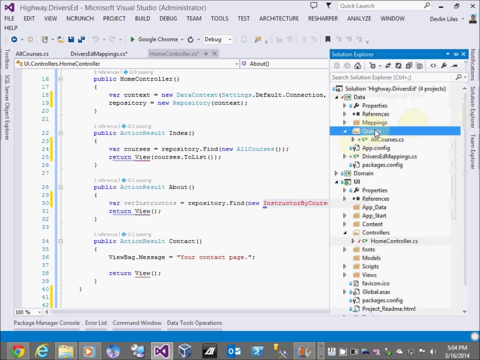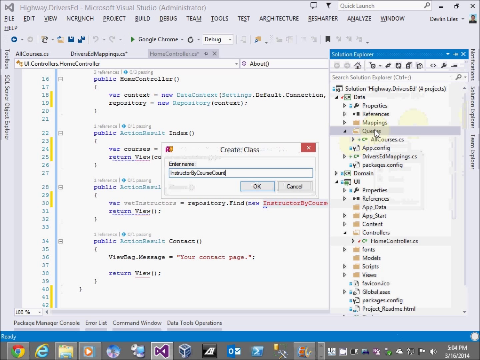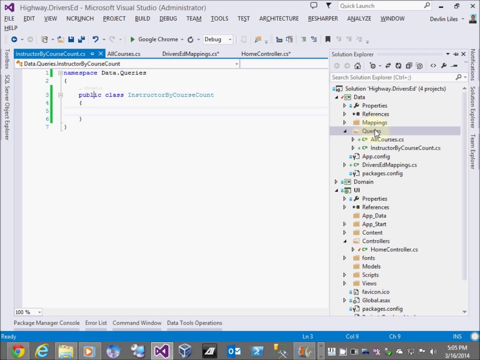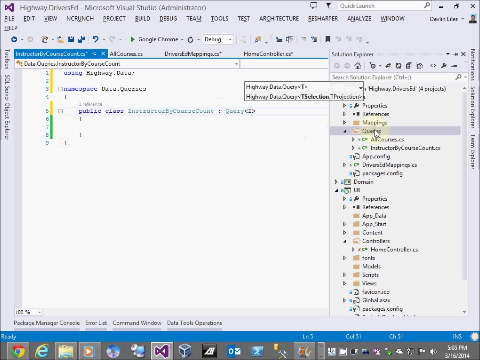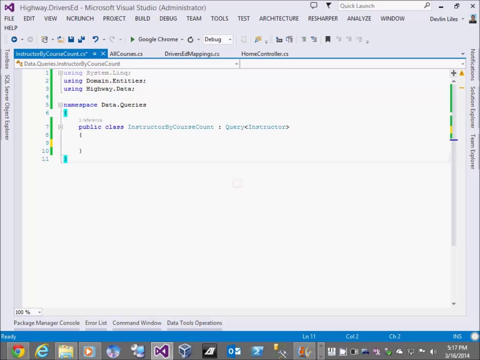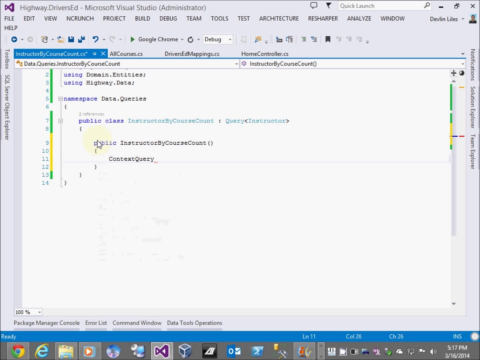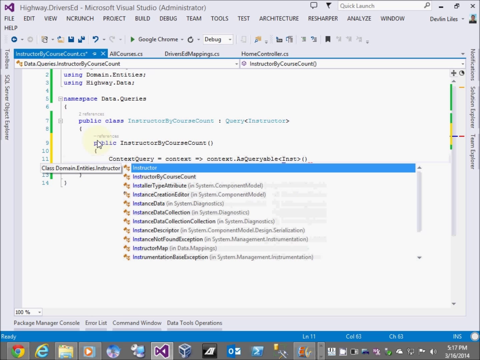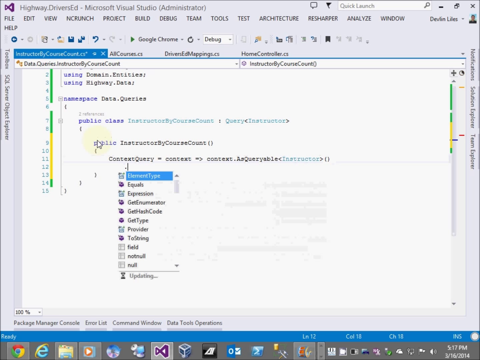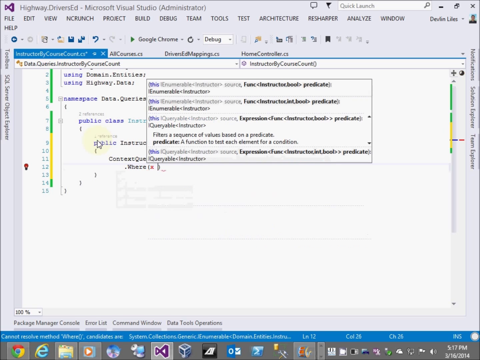And at this point, I have the same question. Do I implement from the interface or do I inherit from the base class? This is fairly simple, so we'll inherit from the base class and have a query that returns Instructor. So we'll start by defining context query, giving it a context delegate, and I'll bring in the instructors. Now from here, I have all the power of LINQ at my disposal. So let's pull in the right LINQ, not LINQ Dynamic, but LINQ Enumerable. And this gives me the ability to